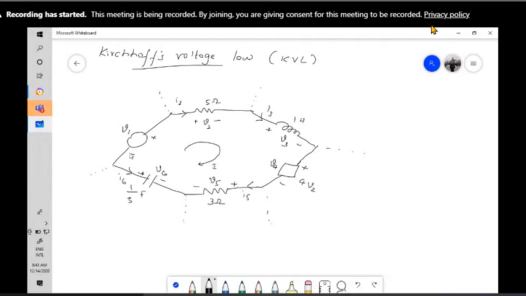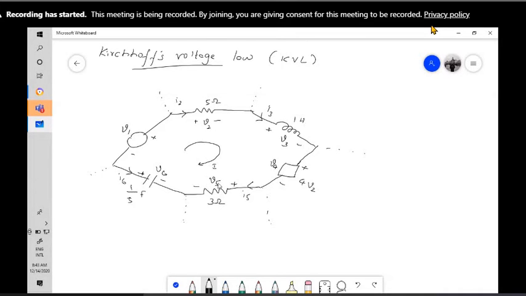So when you travel in this direction and see that here there is a voltage rise, so it moves from minus to plus, which means that it is a voltage rise. Now here it is plus to minus, you can treat it as a voltage drop, and the same way here again there is a voltage drop, plus to minus, again voltage drop, but here again there is a voltage rise, that is minus to plus, when you are traveling in this direction I. So this is a loop current which you are assuming just to write this equation for Kirchhoff's voltage law.